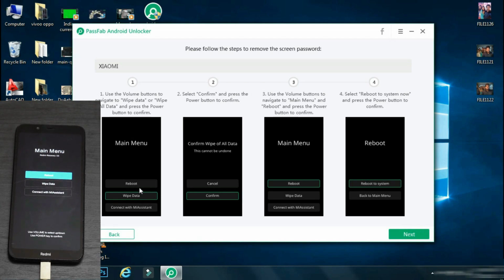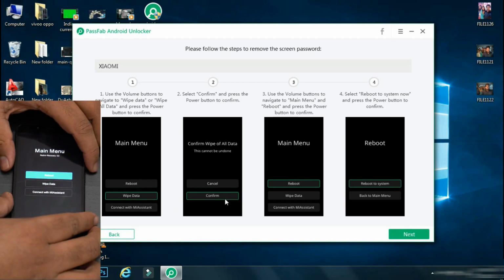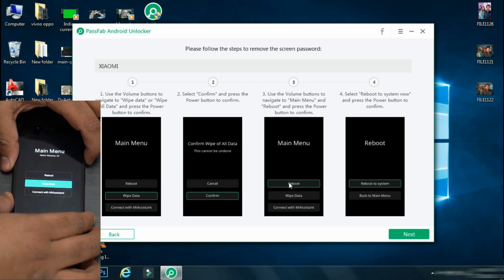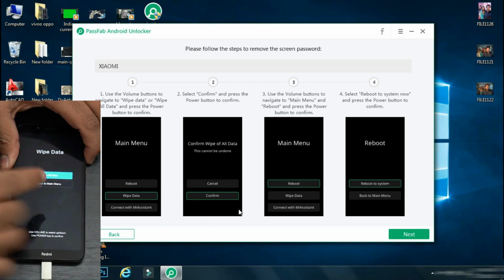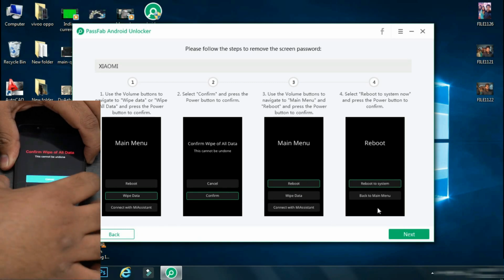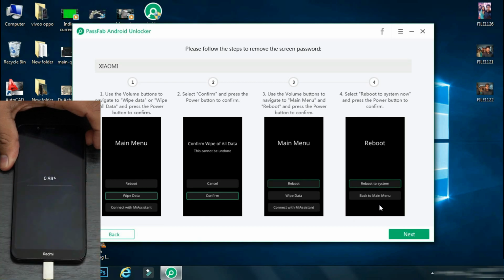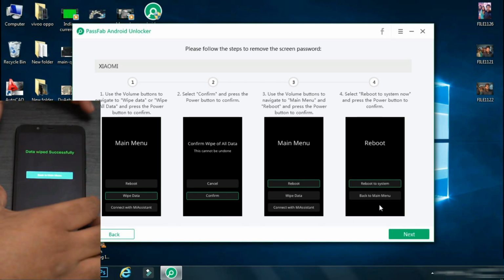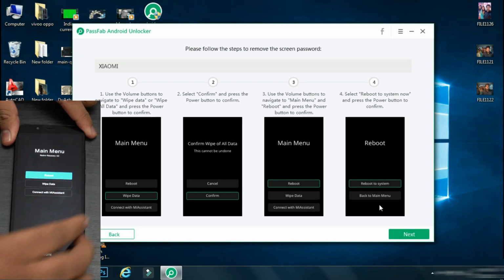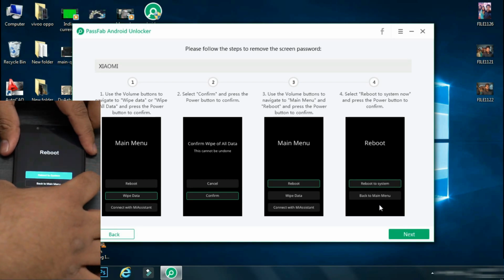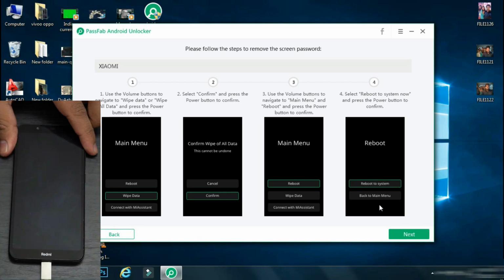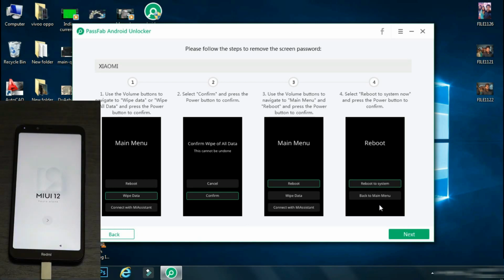So the next steps are displayed on the screen. And in the recovery mode, you can scroll through menus using the volume buttons and select the wipe data option using the lock button, and the formatting process will start on the phone. Once the process is complete, go back to the main menu and reboot your phone. It may take some time as it is the first boot. So now your phone is back to factory settings as it was bought new.